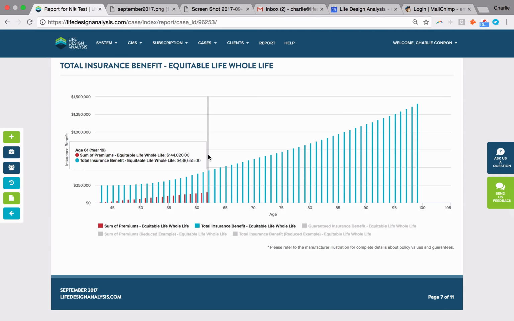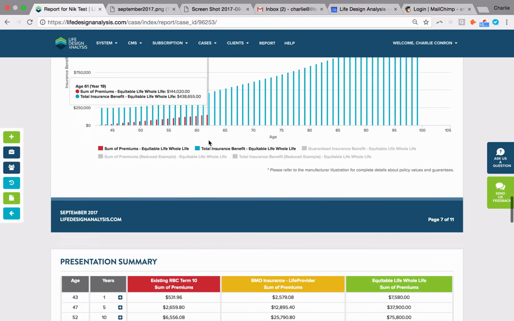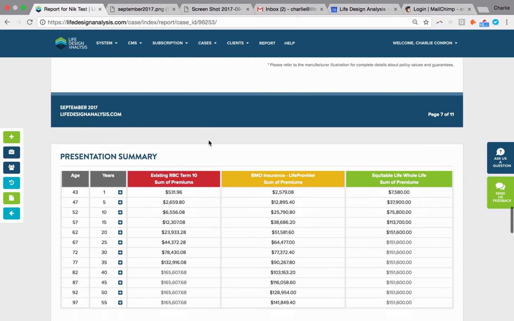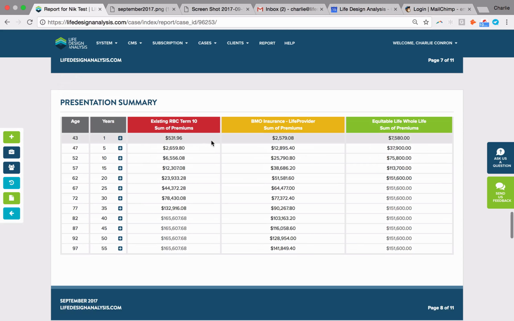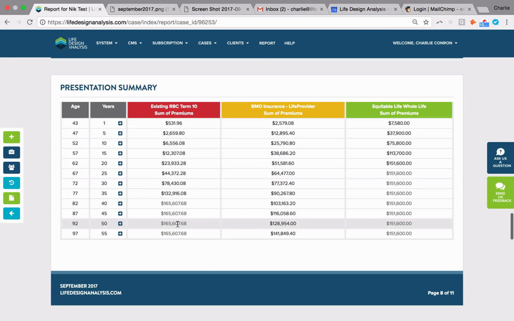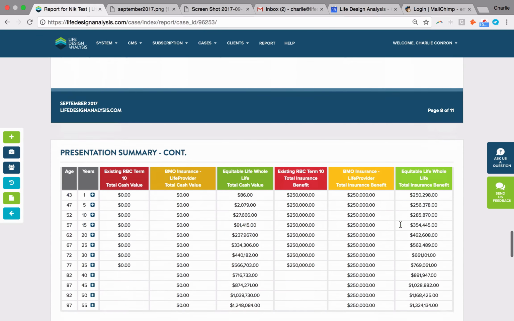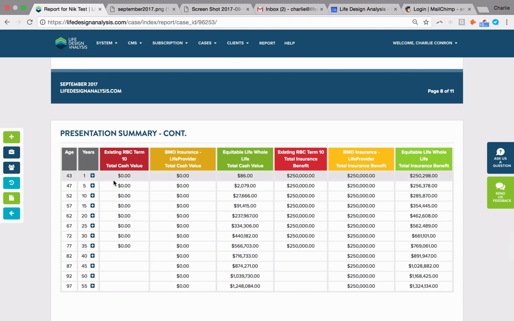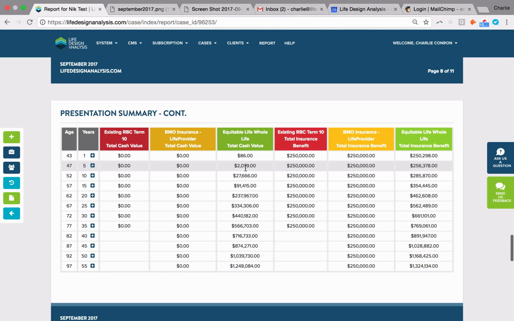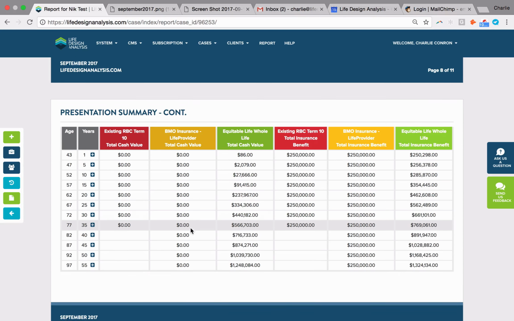It could be an enhanced dividend schedule, mixing some YRT in there. It could be term riders. Lots of different ways we can make that more palatable if cash flow is a problem for a full conversion. Again, real nice outline of costs. What cost do you want to be if you're going to live till 90: 165, 128, or 151? And for the 151 here, what kind of extra living benefit is there? The fact that there's a cash value that we could extract from the policy, whereas the other two don't necessarily have any value.